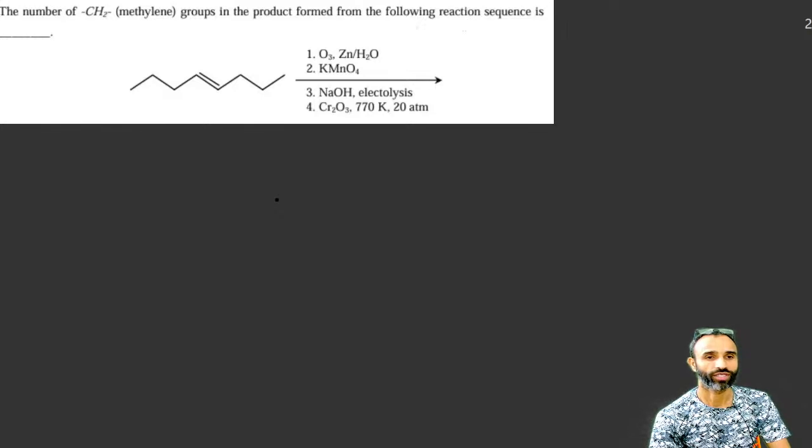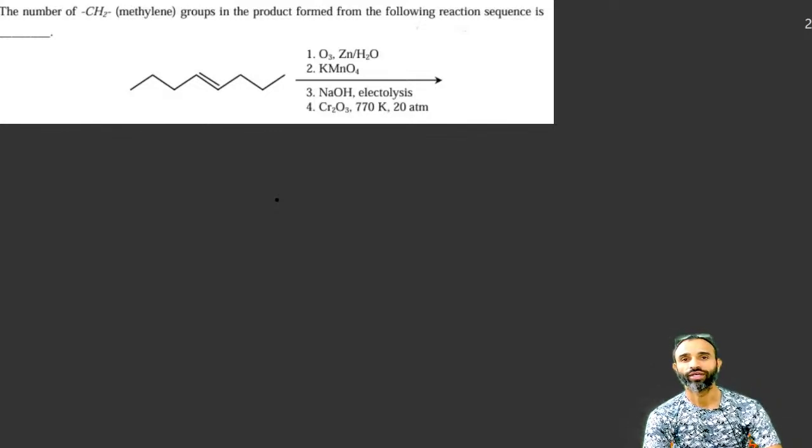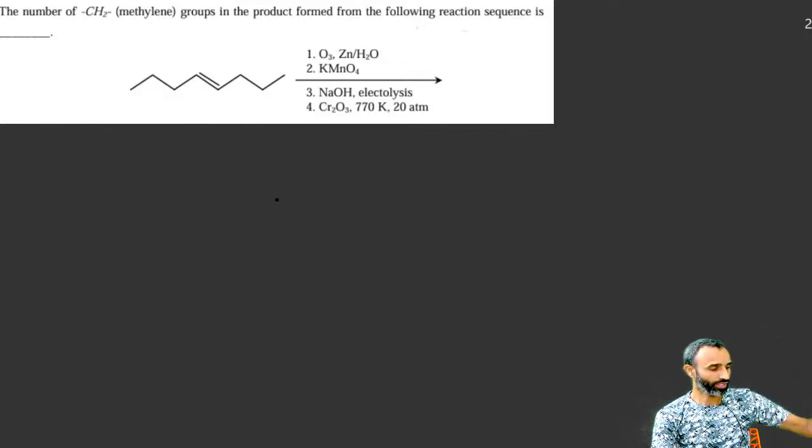Okay, so let us revise GOC by these questions. Okay, ozonolysis. So we have questions from GOC and hydrocarbon. So first question is the number of CH2, that is methylene groups, in the product formed from the following reaction